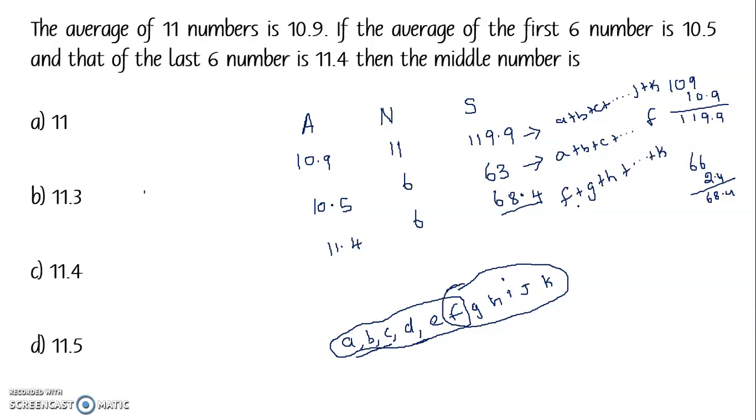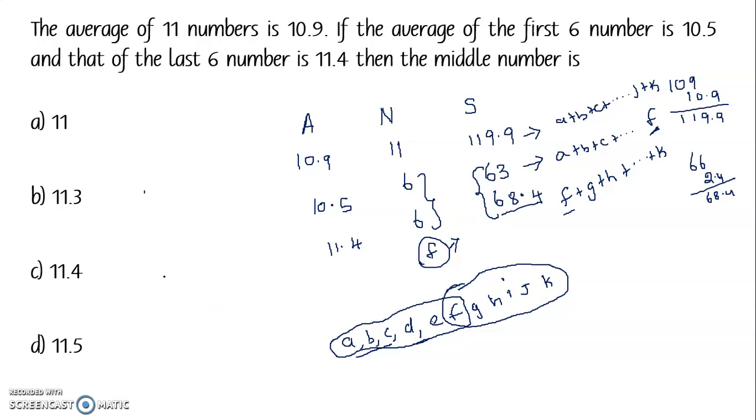Now this is first 6 numbers, this is the last 6 numbers. Now if you see, F will be common in both these things. So if I'm going to add these 2 values, that will give me sum of 12 numbers. Okay, 6 numbers here and 6 numbers here, sum of 12 numbers. So totally there are 11 numbers, but when I add here I will get 12 numbers. So the extra number will be one extra F, because F is added 2 times here. So the logic is, if I add this and subtract this number, I'll get this value of F. If I add these 2 values, I'll get the sum of 12 numbers, and from that if I subtract this sum of 11 numbers, I'll get the 6th number.